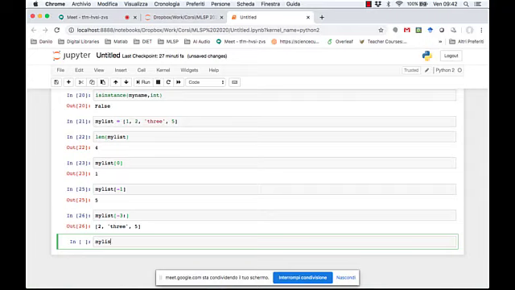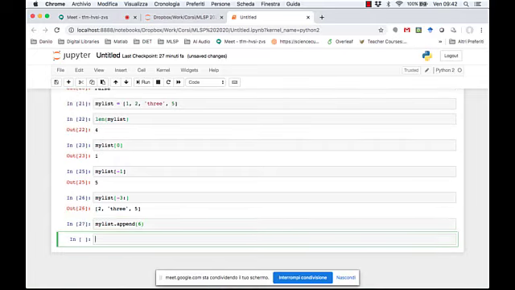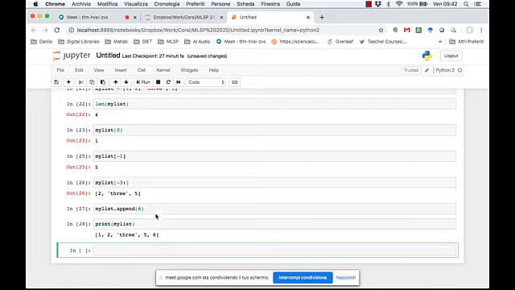You can also use some methods, for instance to append an element to the end of the list. We can put the element 6 at the end of the list, and you can print my list now, so we have another element here. You can also insert an element inside your list. For instance, if you want to add number 4 between 3 and 5, we can just insert